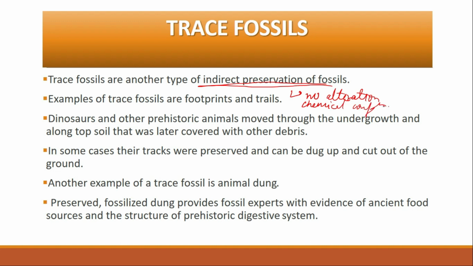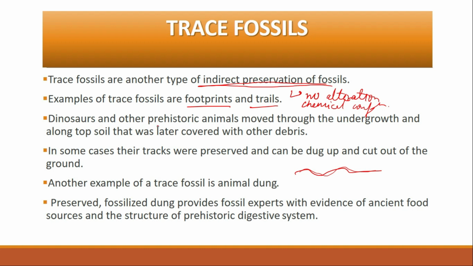Fine. Now examples of trace fossils are footprints and trails. Okay, footprints, we all know what footprints are. Trails, what are actually trails? Trails are made on soft sediments beneath the surface of water. So these are irregular markings of animals formed due to crawling of worms or snails, impressions of the fins or gills of fish, or the tentacles of cephalopods. Okay, so what is happening? See, a worm or snail is moving, it leaves a trail behind it. So these are actually a form of impressions only, right?